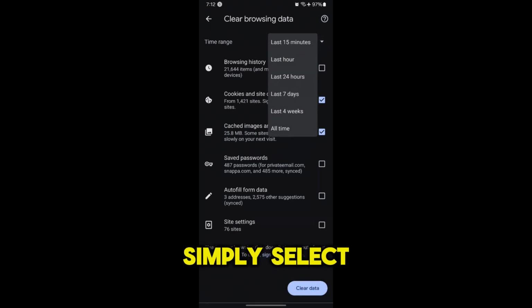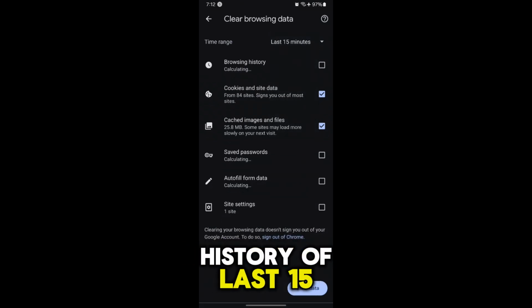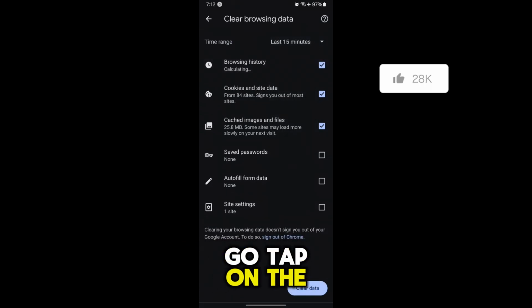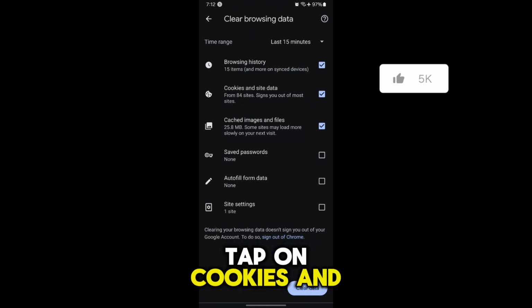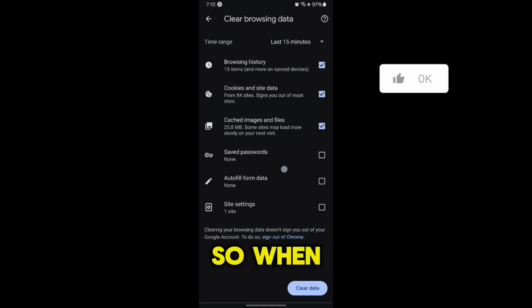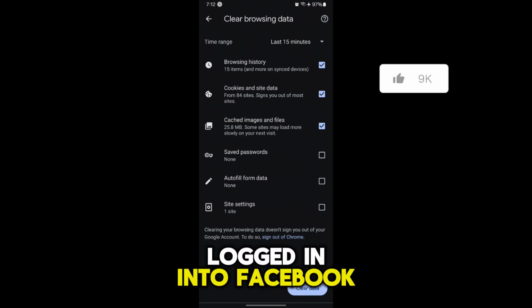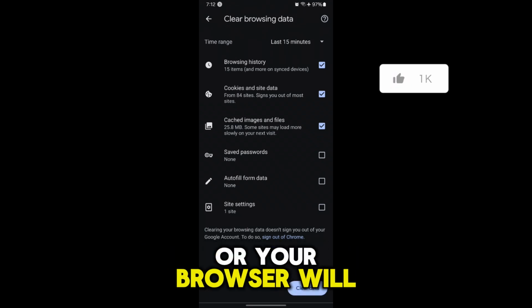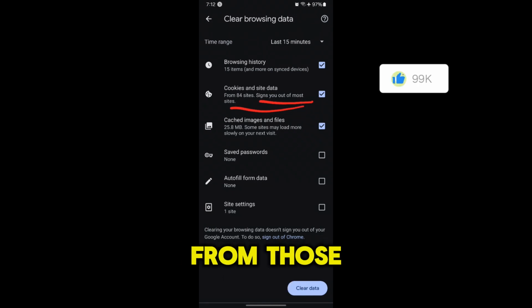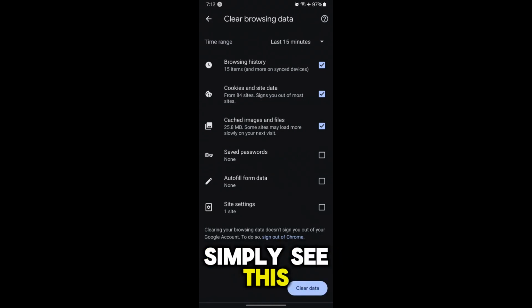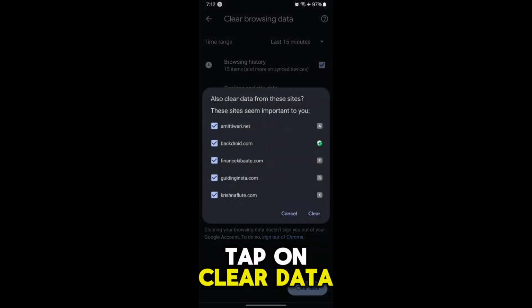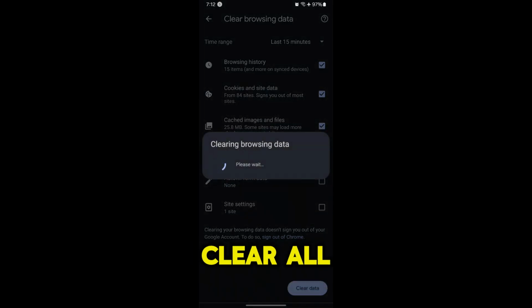Otherwise, you have to simply select, like, I want to delete history of the last 15 minutes. So tap on the browsing history, tap on cookies and data, cached images. When you clear the cookies, suppose you are logged in to Facebook, Instagram using your Chrome or your web browser, you will be signed out of those websites. So simply tap on clear data, and here you will clear all the cached browsing data on your